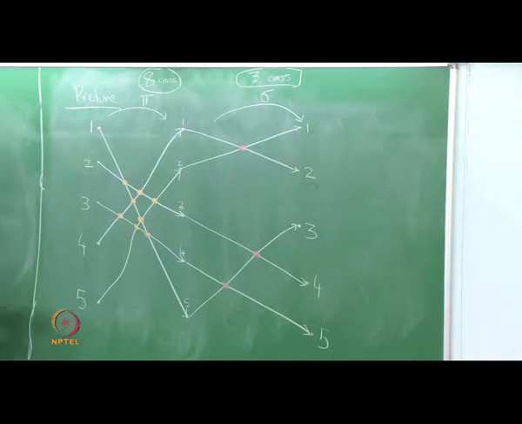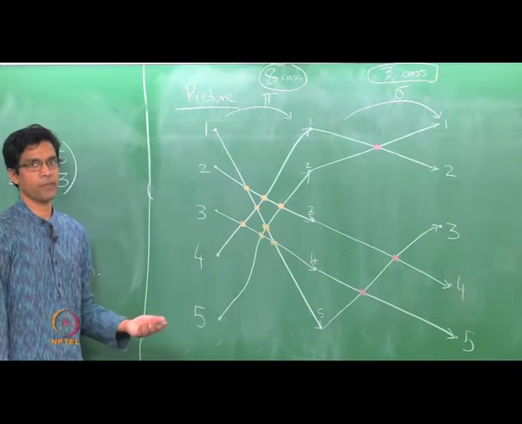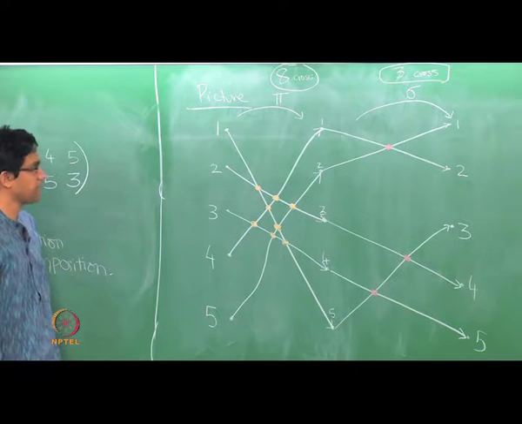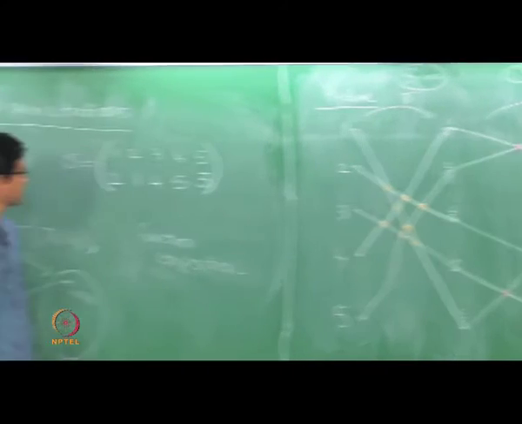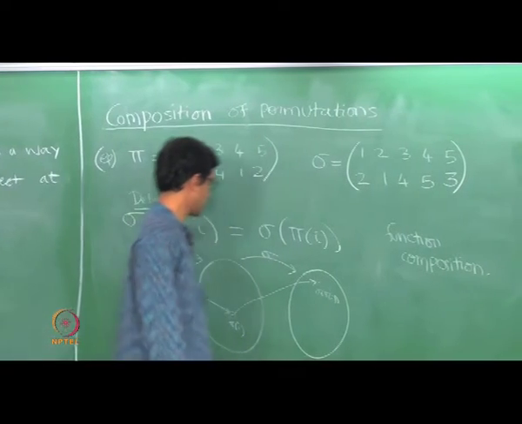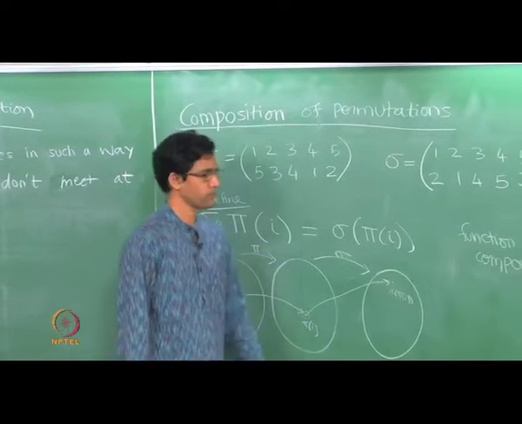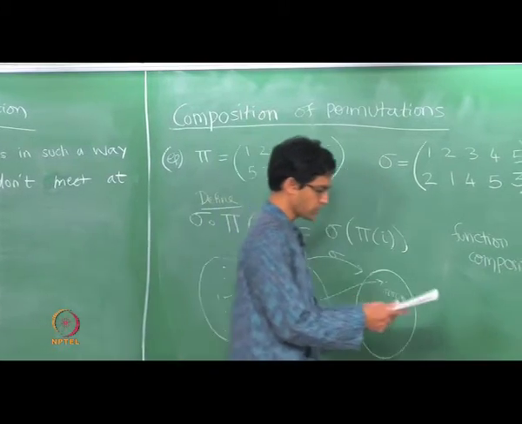Now we just talked about what the odd and the evenness are. So 8 crossings means pi is an even permutation, and 3 crossings would make sigma an odd permutation. Now let us look at the composition. That is really where these diagrams become very interesting. As we said, the composition is just you take the first diagram and follow it up by the second diagram. Okay, so let us draw the composition diagram.